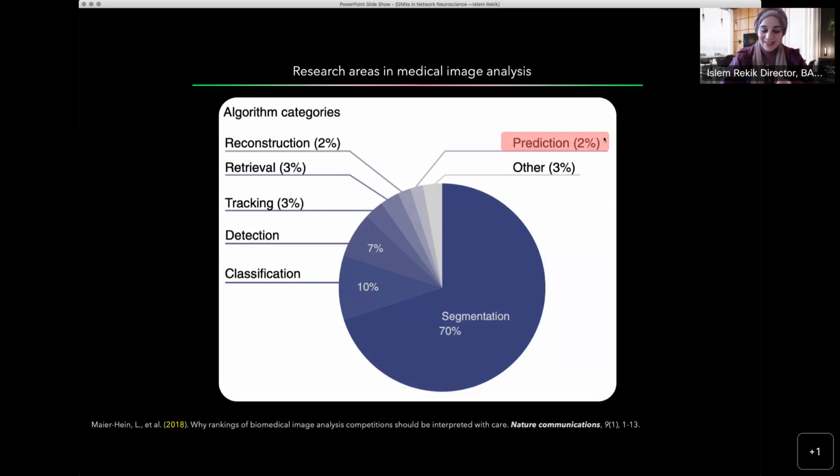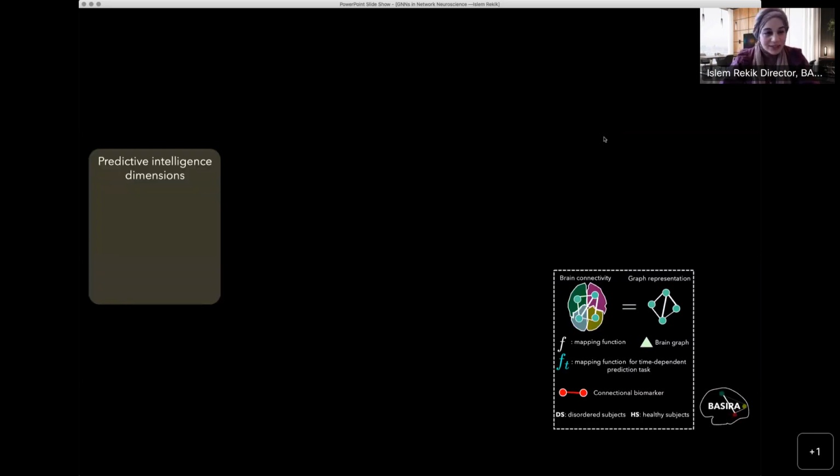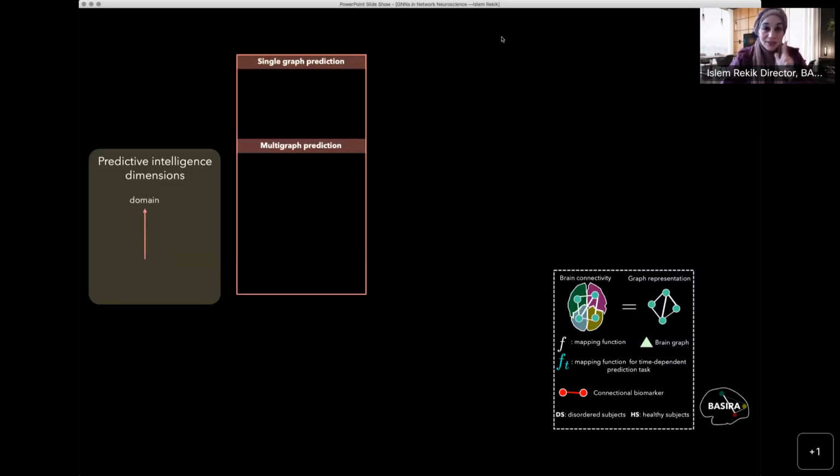exploring this direction. So let's talk a little bit about this predictive learning or predictive intelligence across different dimensions, the three axes I've talked about. So first, we have what we call single graph prediction across domain. Given a particular brain graph, here you have, for example, 4 different regions in the brain. By the way, this is a generic abstract framework, which means you can apply it to other types of networks, not only brain networks. So our application area is brain networks, but these models that I will present today are very generic and can be applied to similar data sets.